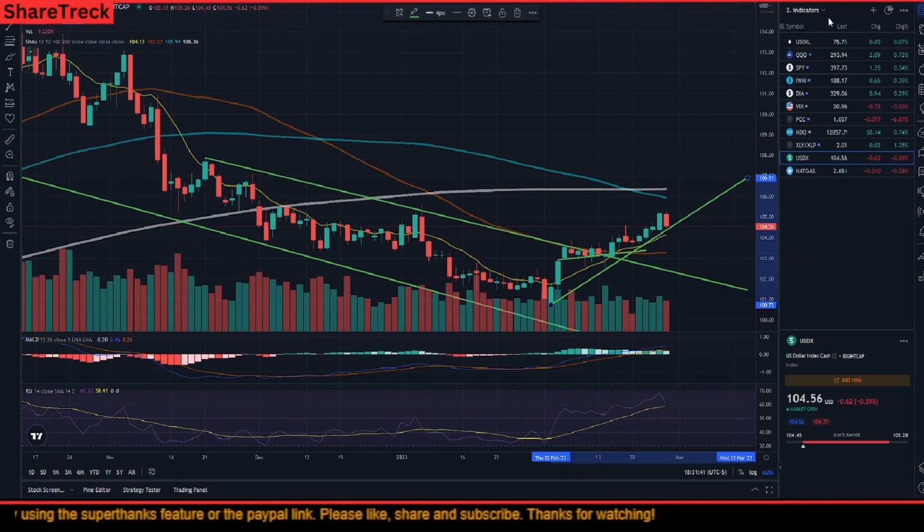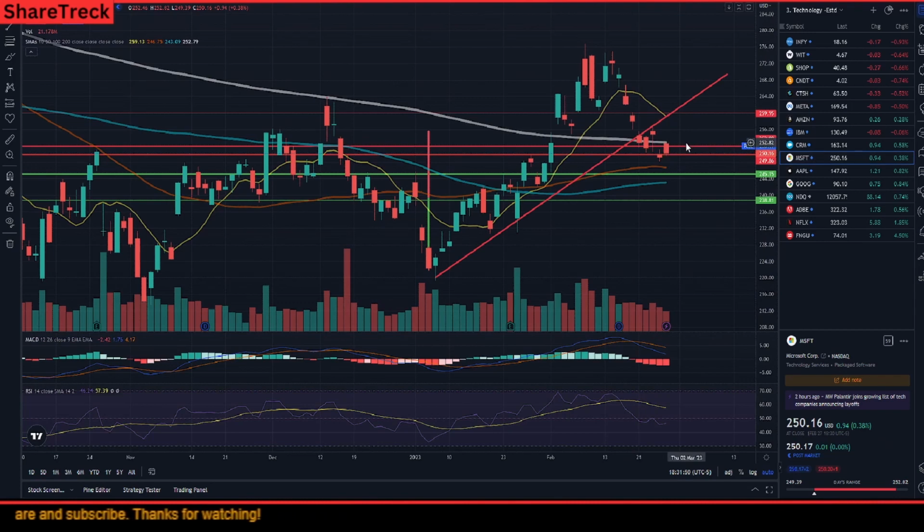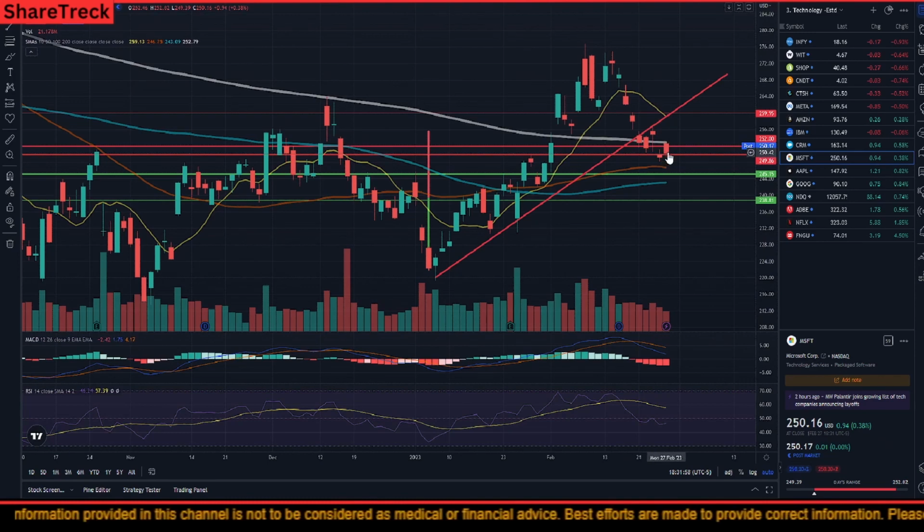Now, that said, if we go and have a look at the technology moving companies, then I would look at Microsoft to begin with. Microsoft did not do that great. It started higher today, but it came back down. And it ended almost close to where it was yesterday. When you look at the price of Microsoft and the movement that it made, which was 0.94 cents, it's not much. It works to around 0.38% improvement in value. So even though it looks green on the chart, overall the enthusiasm that was given by the bulls was not reciprocated, and it fell down. It's under 2 simple moving averages, and it has got support of 2 simple moving averages.